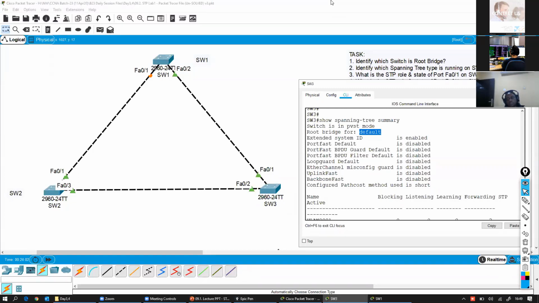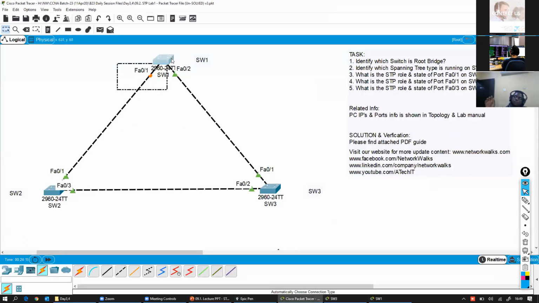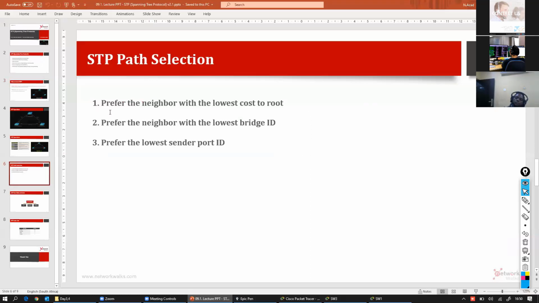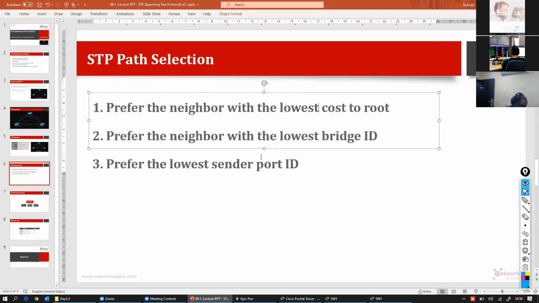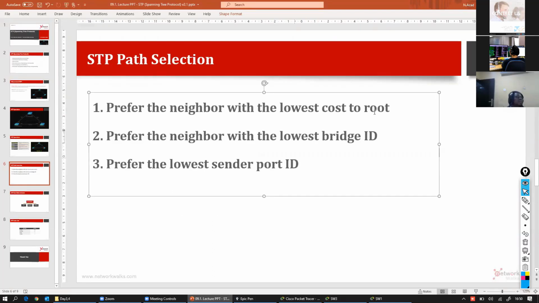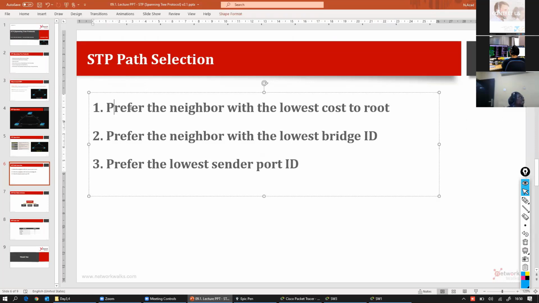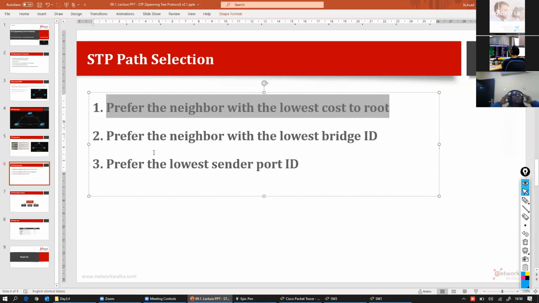There should be one designated port on each segment like we discussed. OB says, how is the designated port chosen? Okay, designated port, there are few roles. So the question of OB and the other guys is that on this link, how the switch decided that this one should be blocked and this side FA0/1 should be the designated, right? So for this one, we have these 3 rules. We prefer the neighbor with the lowest cost to the root, right? So the cost is same because all links are FE. So this one we are not caring.